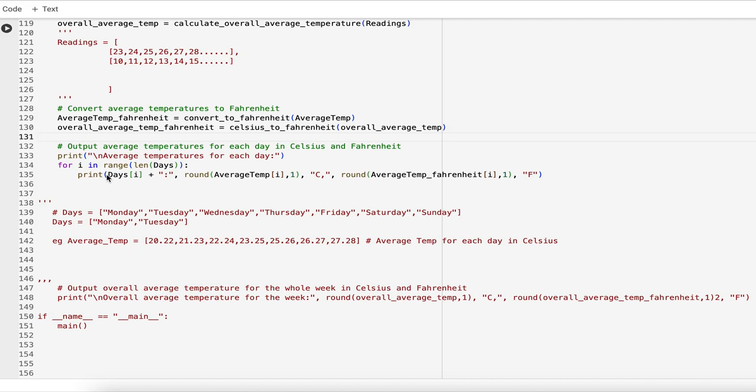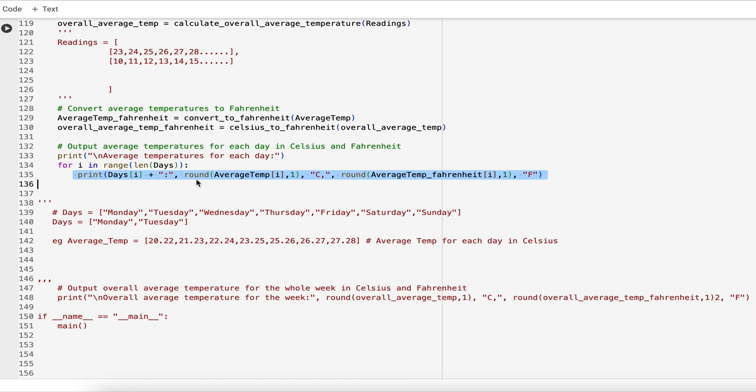Okay, we're towards the end now. Now we have to output the average temperature for each day in Celsius and Fahrenheit. So this is a piece of code here. Now, it says for i in range len days. Remember, days looks something like this, a 1D array with each day of the week in it. There are 7 days in the week, so len days will be 7, for i in range 7. Then you invoke this line of code here. Print days i. First of all, days i will be days 0 in Python, which will be here,